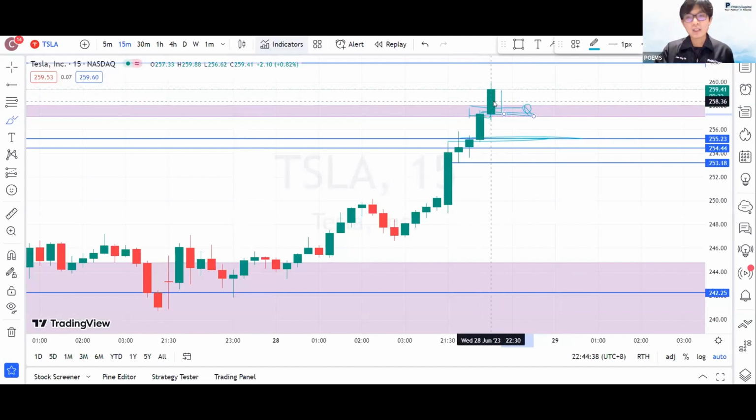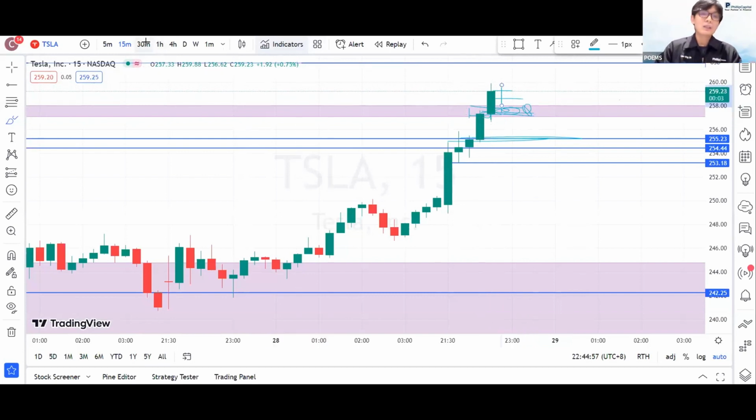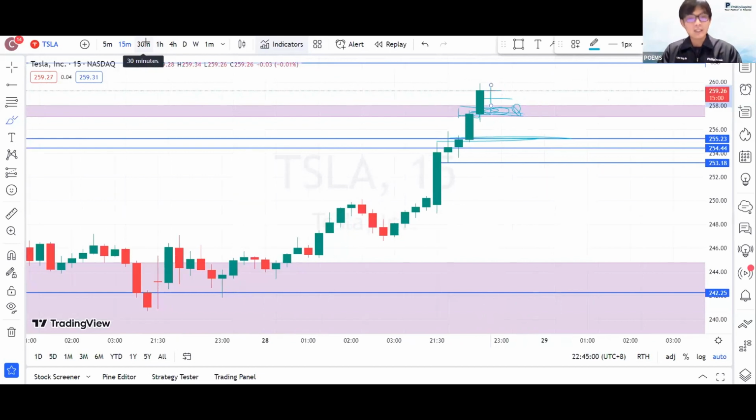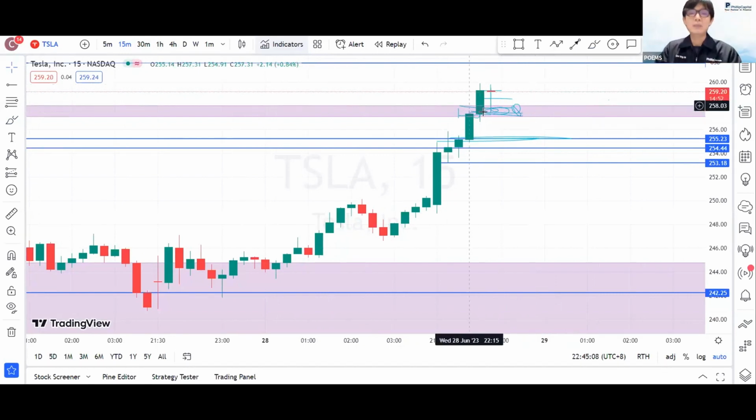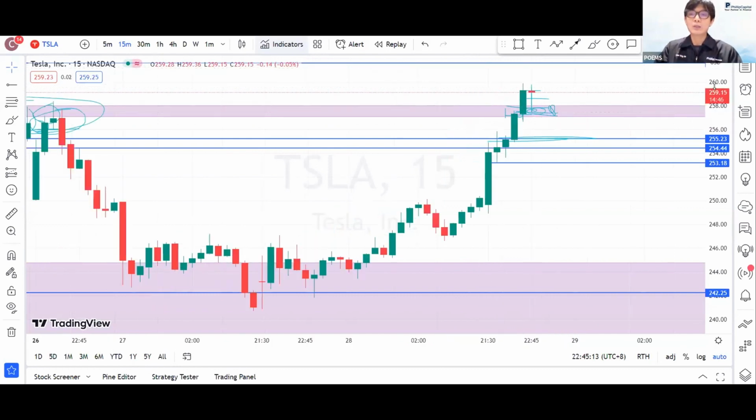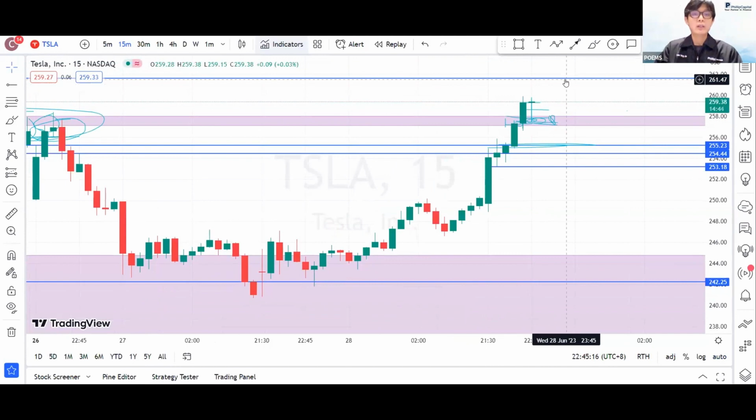They might come down, they might not, they might come close to 258 or maybe 259. But the only time you can get a confirmation that they are sustaining above a certain level is when they go down, then they reject up. That's your momentum, because if they can go up, go down and go up again within these 15 or 30 minutes, with 30 minutes having higher significance, you know that within this short intraday period they can reject this demand level. Price is probably going to sustain itself from here to come to the next level, which as of now is at the 261 area.